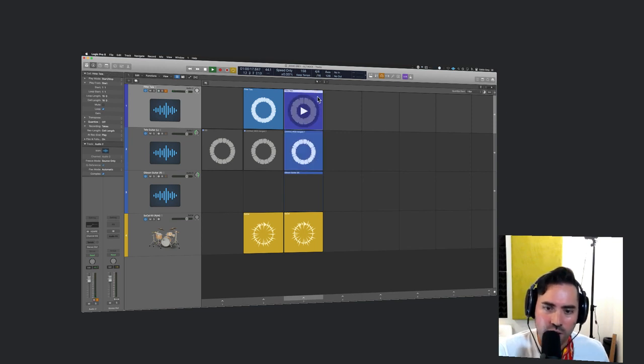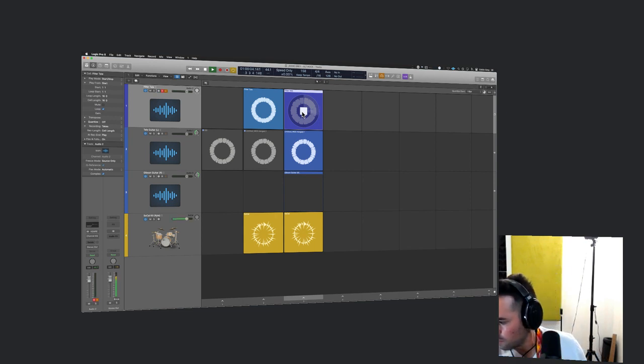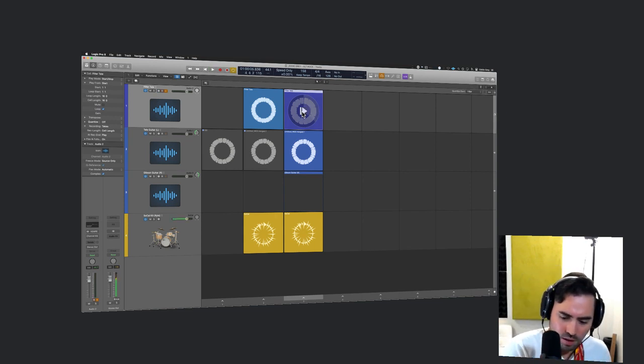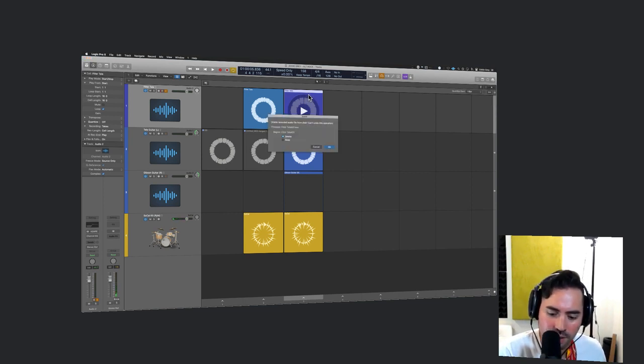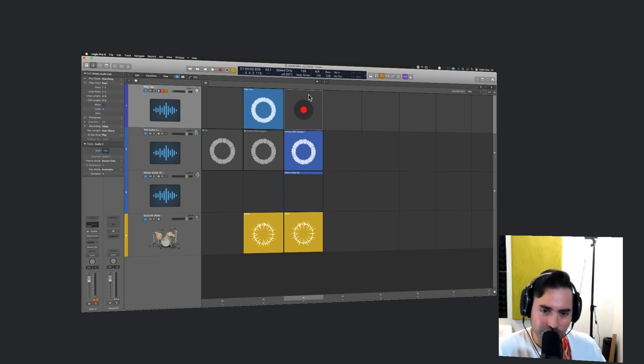So now let's just listen to this cell right here. This is the one I just recorded. All right, so then maybe we might want to change the tone on that just so it sounds a little bit different. So I'm going to change the position of the pickup. So rather than it sounding like this,